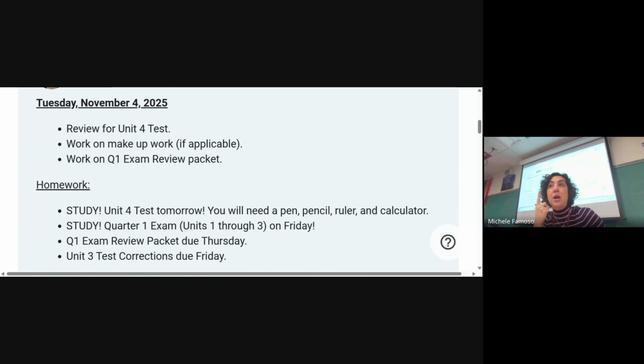We're going to spend 1 period on Thursday reviewing for the cumulative test on units 1, 2, and 3. After you finish that, of course, you can work on your test corrections. Those test corrections are due Friday. They must include a signature on the correction sheet in order to get those points back. All right, any questions for me? All right, then I'm going to let you guys work on the work that you owe. You can check to make sure